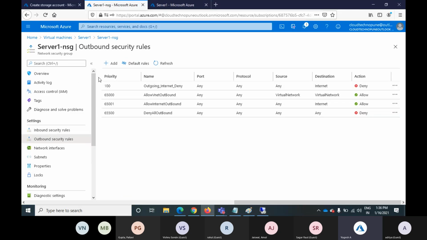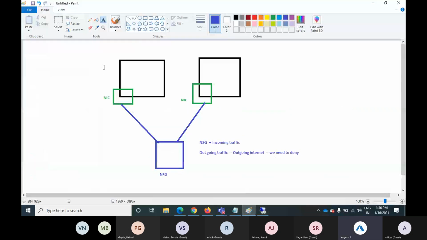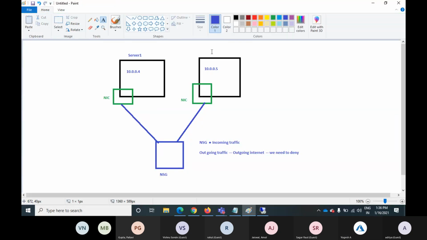Okay, but now into the second scenario, my requirement here is that out of two virtual machines, let's take the details of the servers. So this is my server 1, this is the IP address. Go into the diagram. So this is the IP address, this is the IP address, right? This is my server 1. My server 2. So my requirement here is I want to block the internet on only the first server. In that scenario you need to define a particular source IP address, and let's go into the network security group,